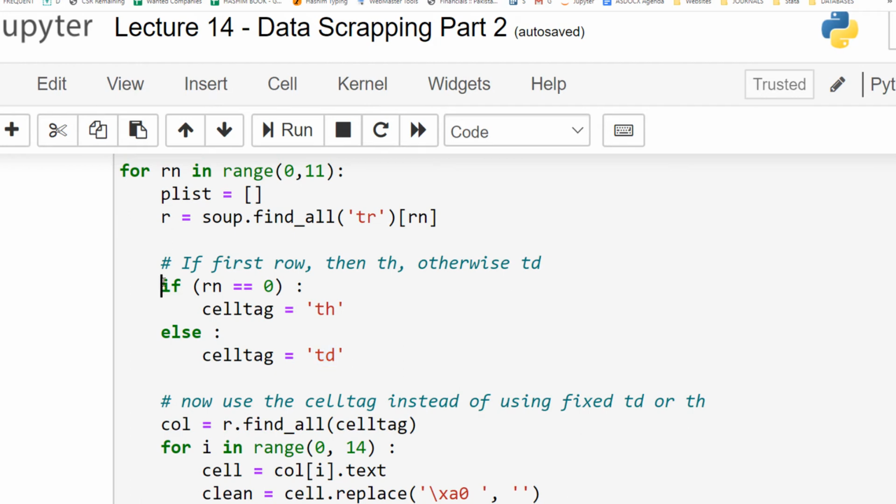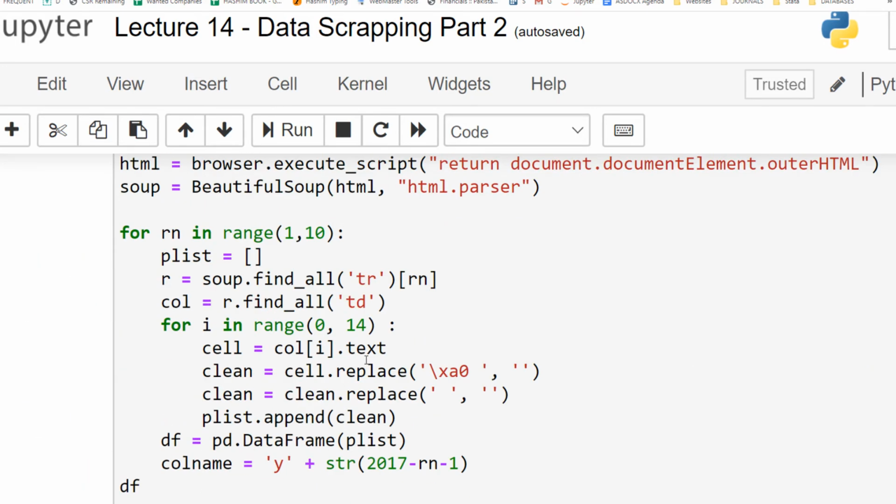So I am putting a condition: if it is row number 0, define a variable cell tag that is equal to th, and if the row number is not 0, means if it is 1, 2, 3, 4, 5, in all other cases, the cell tag will be equal to td. So I have made this part variable as well. So instead of using td like previously, I'm using now cell tag.